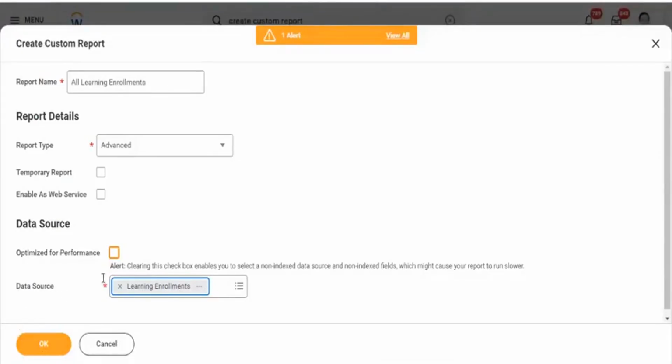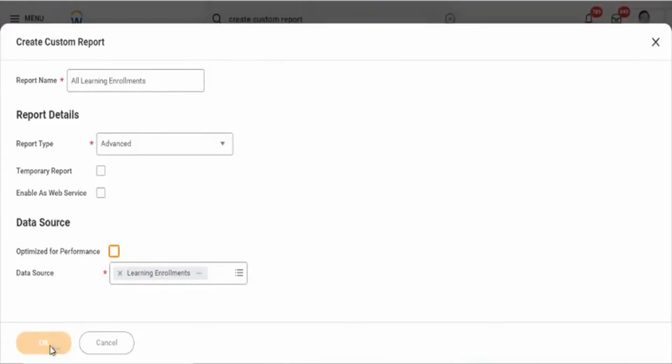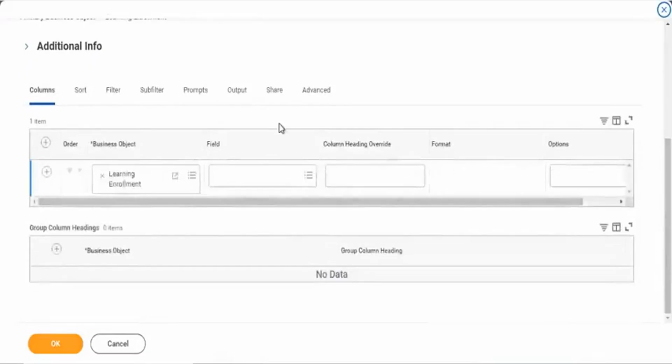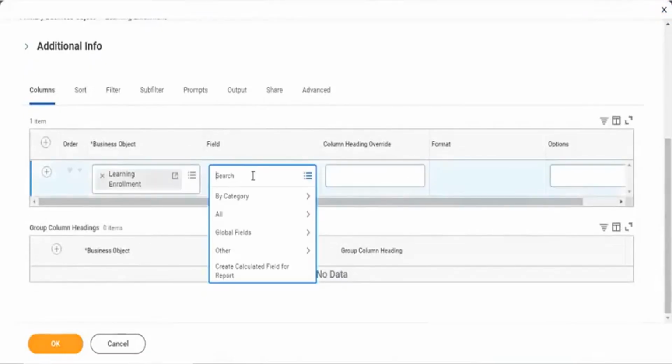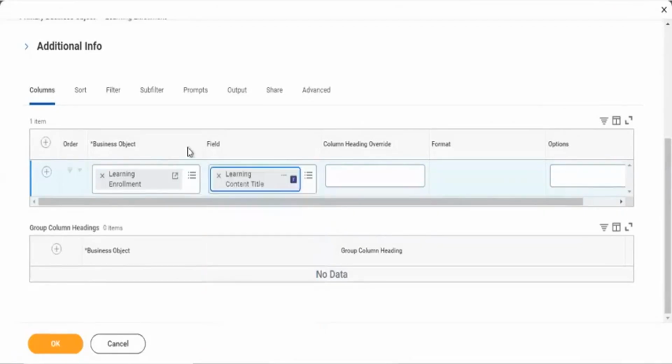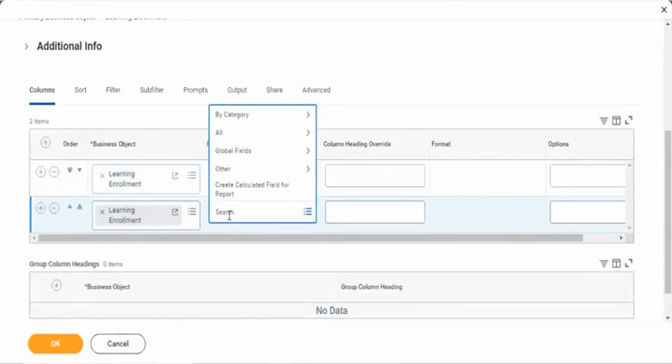Now I've selected the data source called Learning Enrollments. Learning Content. This is nothing but course, title, and so on.